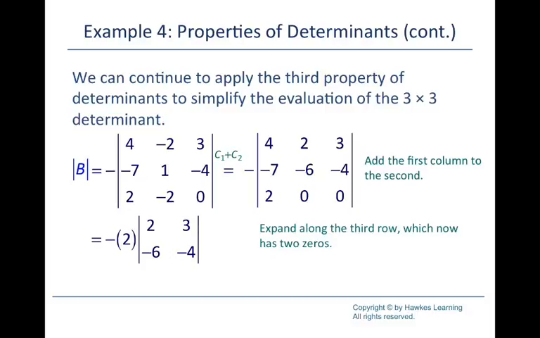So we have negative 2, and that 2 comes from here because we're expanding along the third row. And the minor for that, when we mark out the row and column the 2 is in, is 2, 3, negative 6, 4. And so we have negative 2 times